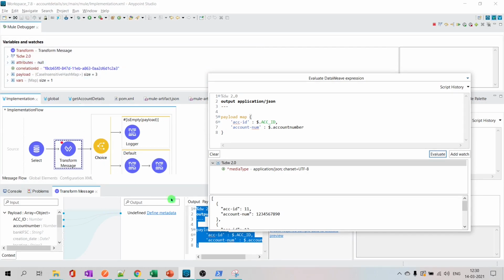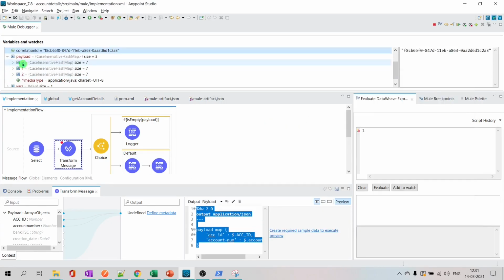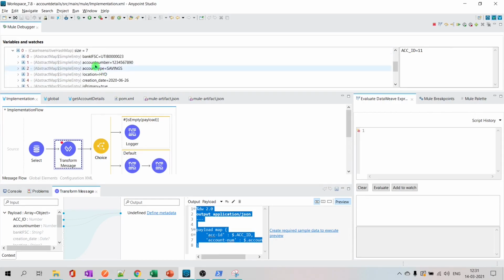That is the interesting thing. See, I'll change my name here. That will be changed when I click on evaluate. Observe here, evaluate. So it is changed. This 11 and these numbers are coming from my payload actually. This is the payload. 11 and those numbers are coming from here. This will be useful to test.